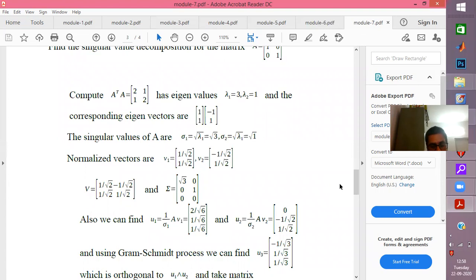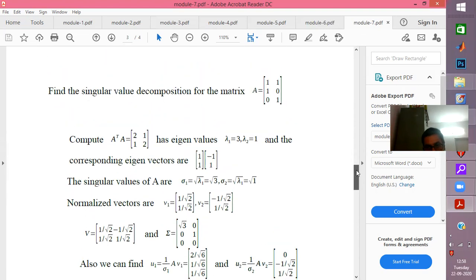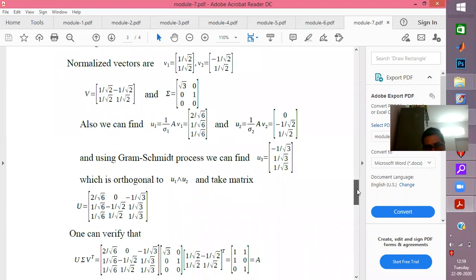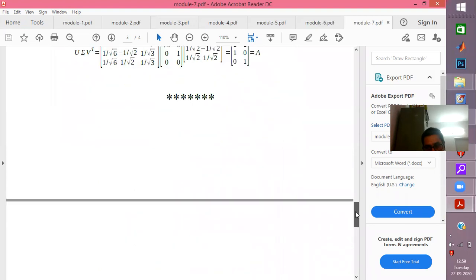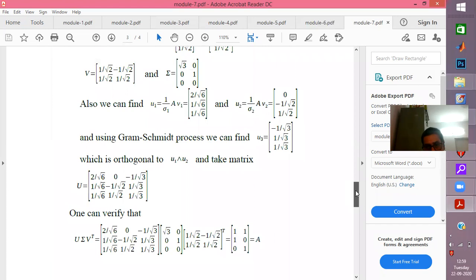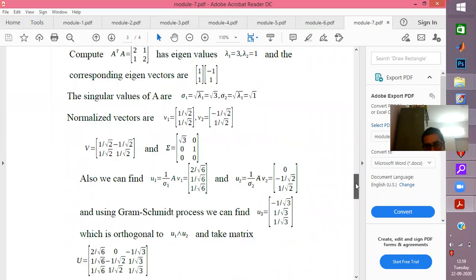Of course, several cases are there. We can talk about square matrices, in which there are two cases: the matrix A is already symmetric, or the matrix A is not symmetric. For all of them, more or less, you can use the same procedure. The only thing is, when the matrix A is symmetric, then the matrices U and V will be identical to each other, so the computational time will come down. But in other cases, you will have to go through the entire process. I hope this lecture on SVD has been understood.